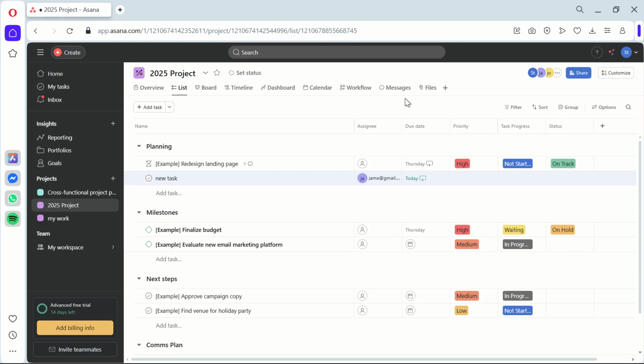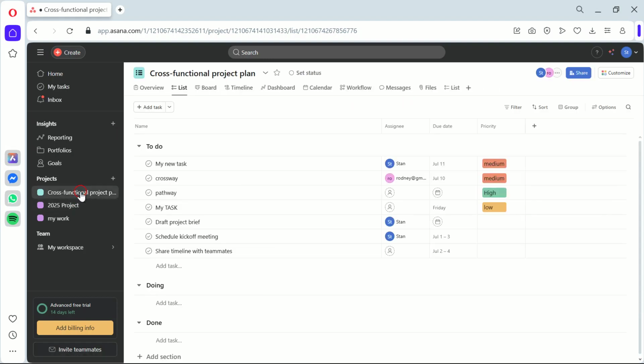Today, we're diving straight into the process of creating custom fields in Asana, your comprehensive guide for 2025. Let's begin. Start by opening your Asana and go to a project where you want to add a custom field. The reason we do this is to ensure that the custom field is applicable to the specific project you are